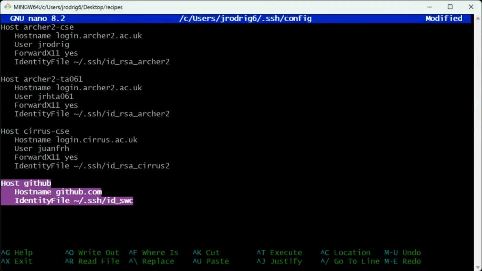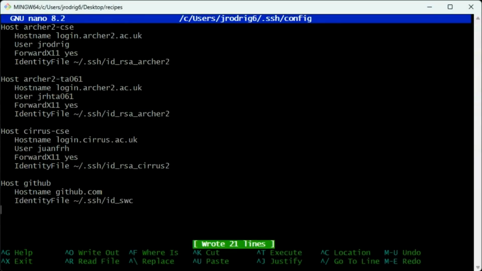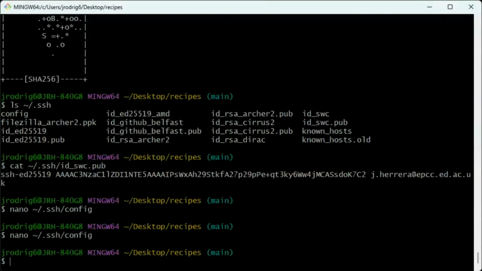Host GitHub, hostname github.com, and identity file this. Let's see if that works. Now if I do git push origin main,